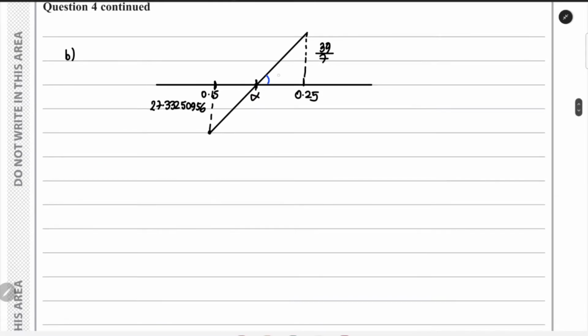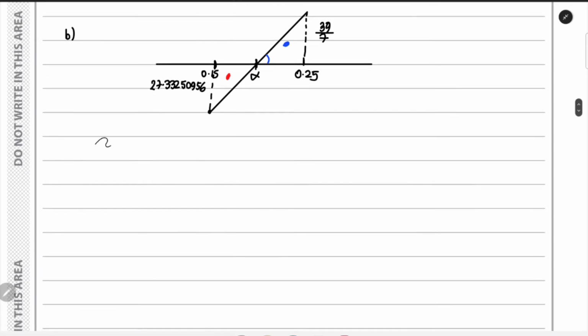So I'll have this triangle marked blue and this triangle marked red. For the blue triangle, the base is 0.25 minus alpha, the height is 39 by 7, and for the red triangle, the base is alpha minus 0.15,